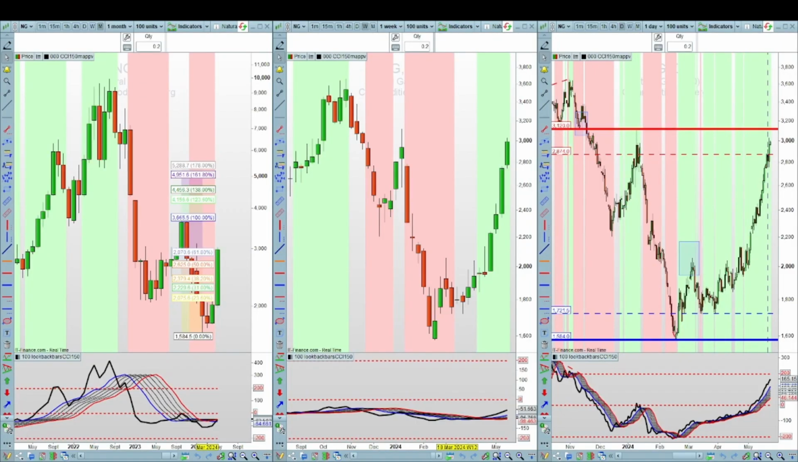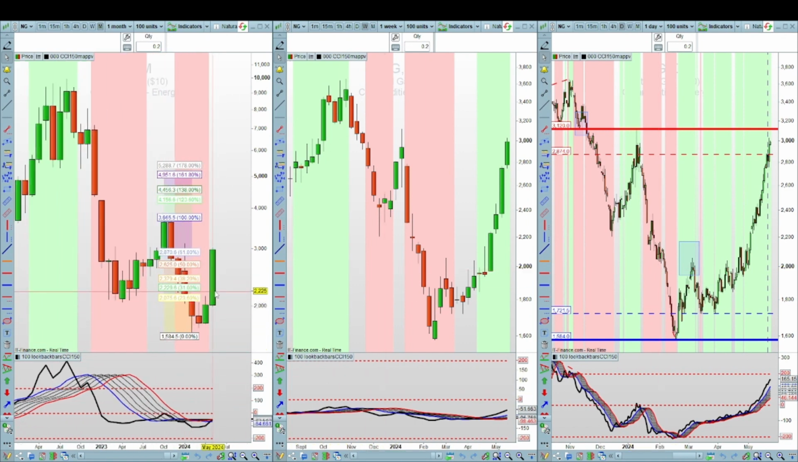So first, looking at natural gas on the monthly, weekly and daily trends, we look at the monthly first off. You can see it's neutral. The CCI 150 has broken into that moving average band, so giving us a neutral positioning. When it's above the moving average band, it's giving us a bullish signal on the weekly, and on the daily